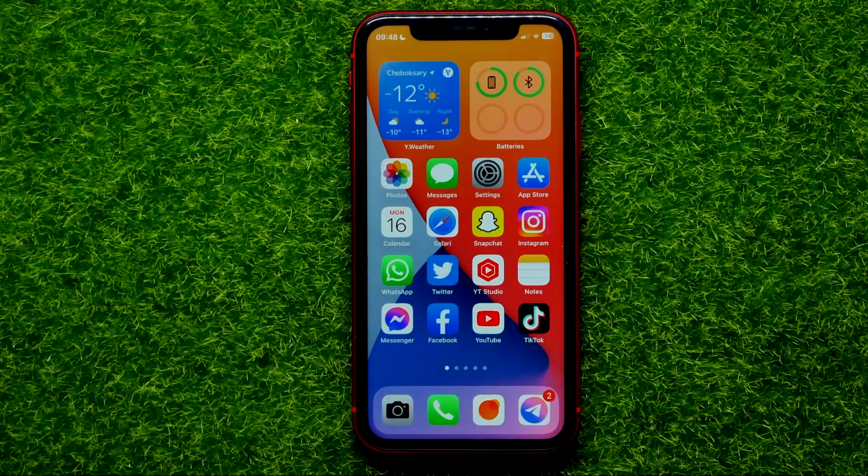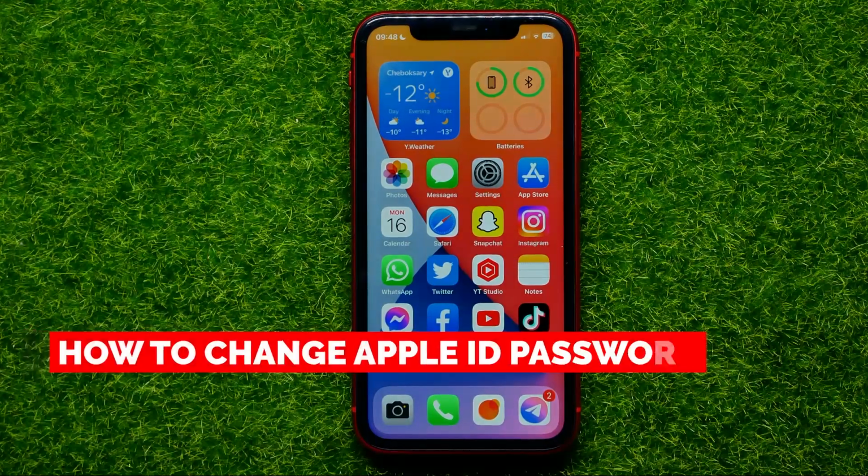Hello guys, welcome back. In this video I'm going to show you how you can easily change Apple ID password